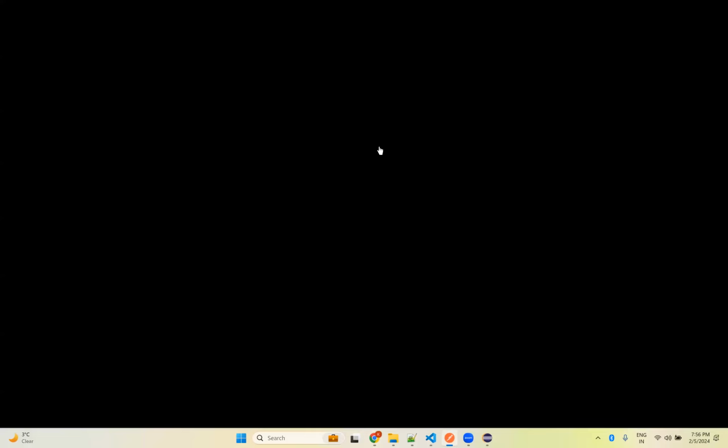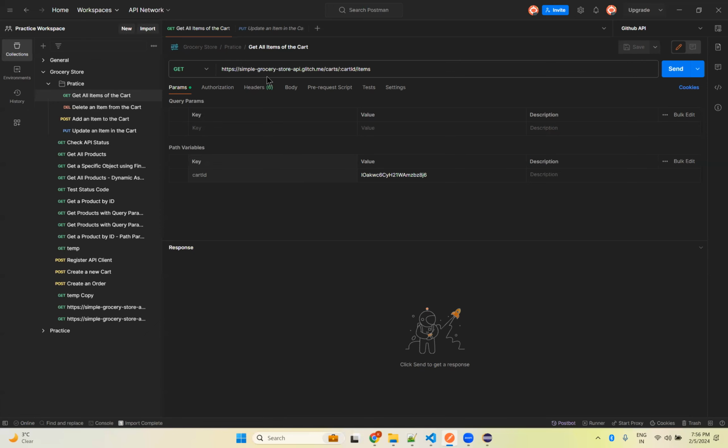So let me go to Postman. Here I created a GET method. First I'll get all the items from the cart. For that we need the cart ID. Here, when you use a question mark, that is a query parameter. If you provide a colon, that is a path variable. So I provide the cart ID, and when I try to send this,